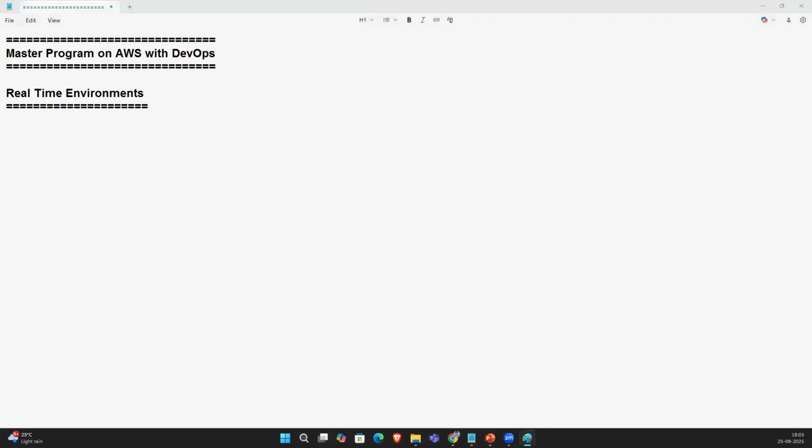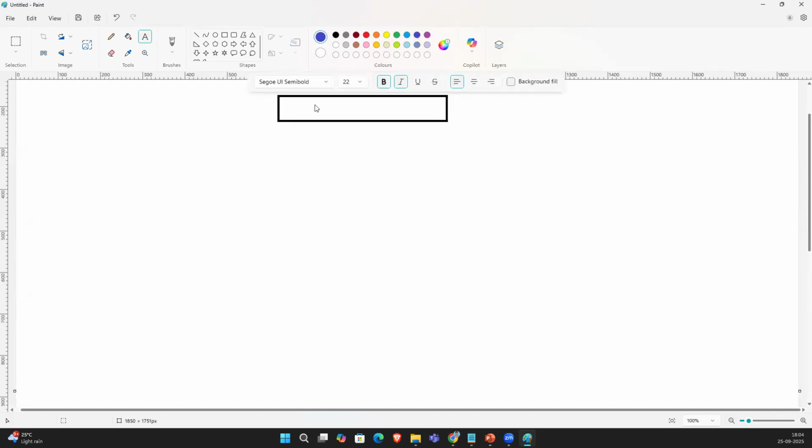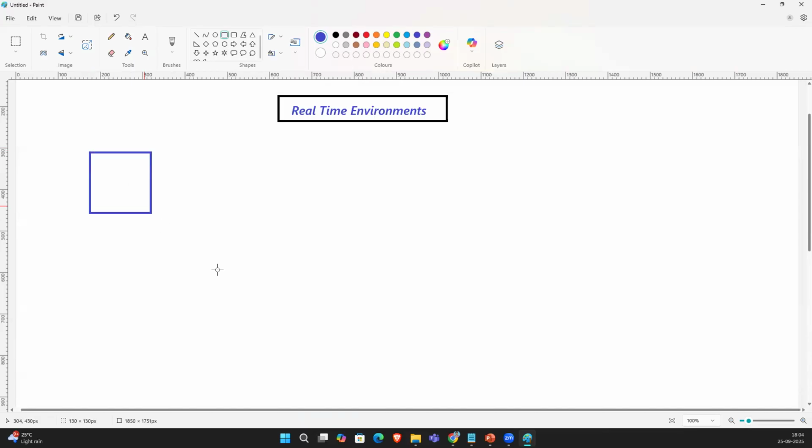So this is most important, guys. That's the reason I'm telling you again and again. When you join as a 3 plus or 4 plus, you need to know this. That's why I'm telling you again and again. It's real-time environments. So your application will be deployed in